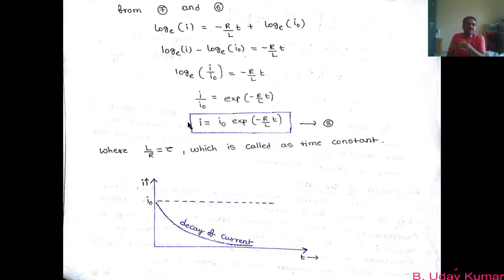When the switch S is connected to B, since there is no source in the upper part of the circuit, the current has to decrease with respect to time, and that decreasing nature, when we represent it with a graph, I get such a curve. So time t is taken along the x-axis and I is taken along the y-axis. At time t is equal to 0, initially, in the beginning itself, remember this is the condition, the current is already maximum.